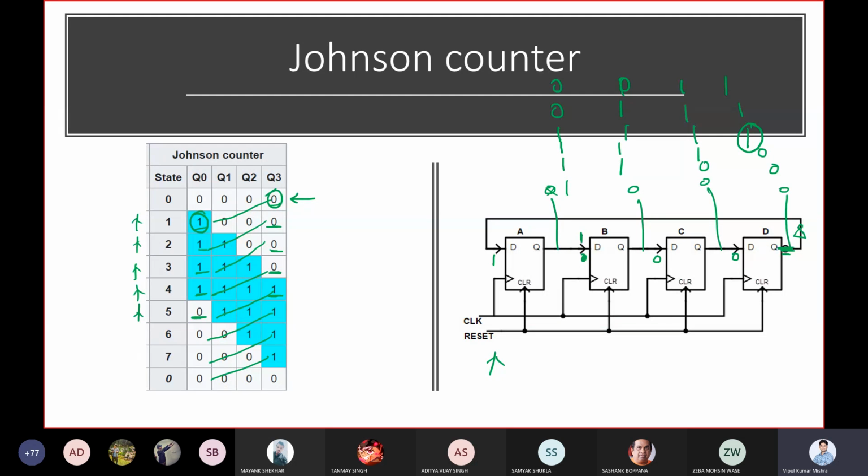Any doubt, guys? Anyone? Guys, any doubt? No, sir. It is a very simple counter. This kind of circuit, where we have these D flip-flops, we'll see again when we talk about registers, which are specifically designed for storage. When storage comes into the picture, the D flip-flop is most useful. So we'll come back when we talk about registers, with a similar architecture and diagram with some slight change.